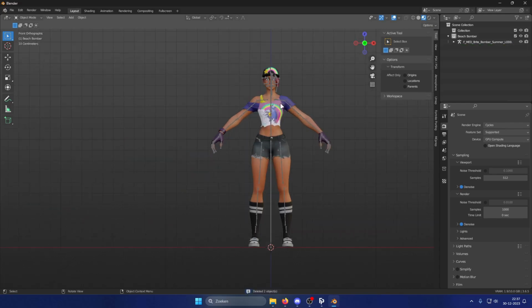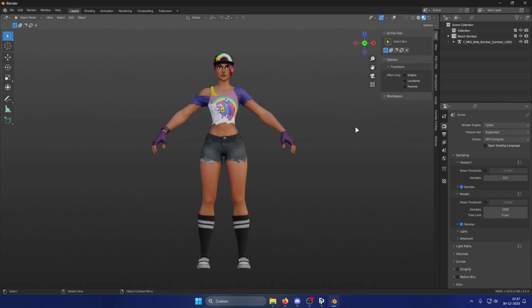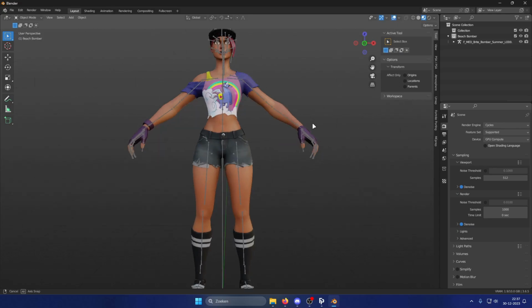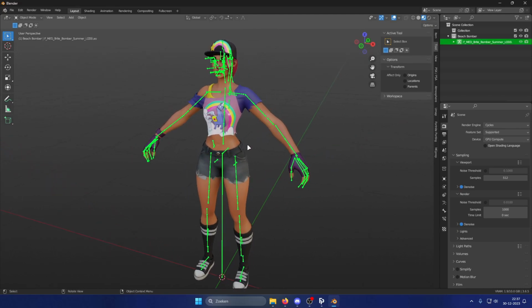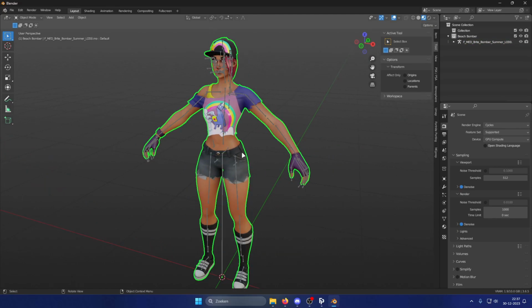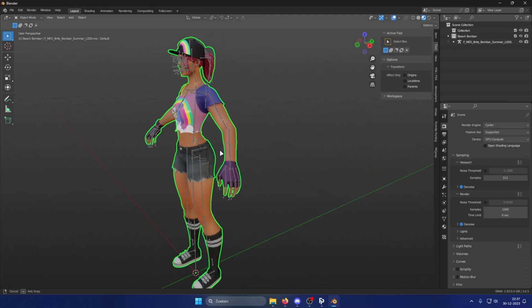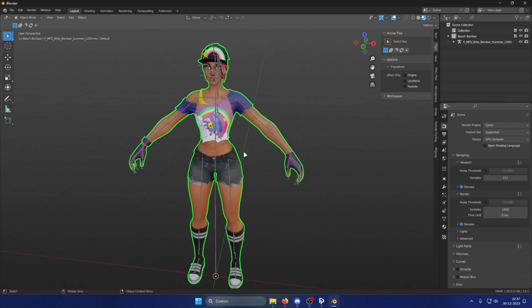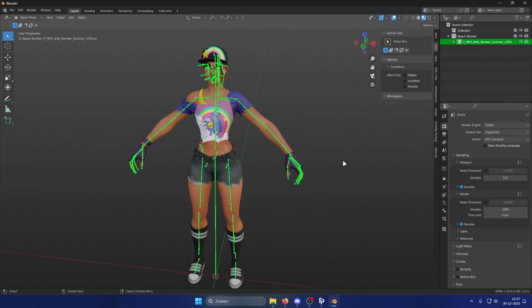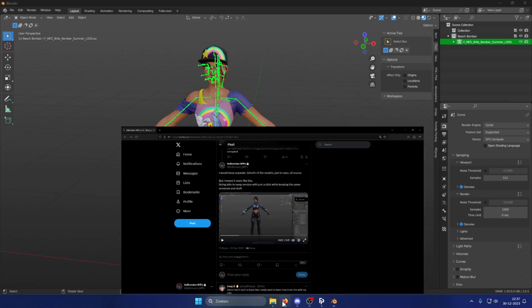Now, before we can do anything fancy, we need to create the custom property itself. Now you can put this on anything you want, basically. You can put this on the armature of your skin, or you can put it on the mesh of the skin. In my personal opinion, it's better to put it on the armature,